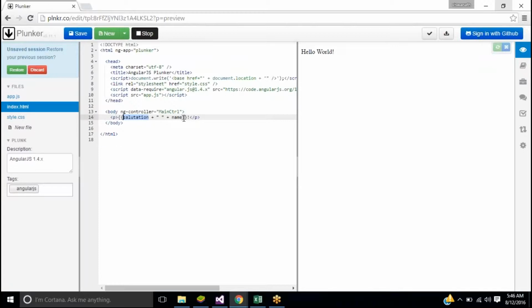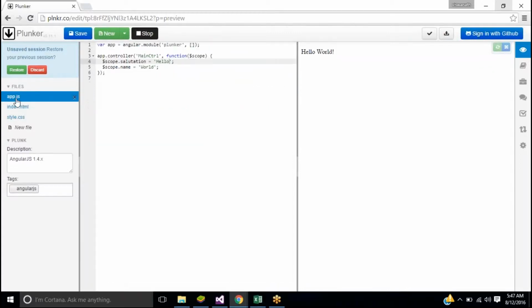Inside an expression I can add multiple strings. I can add a normal string and a variable. I can add numbers. Let's say I have numbers. For simplicity, we'll discuss this when we come to attributes directly.